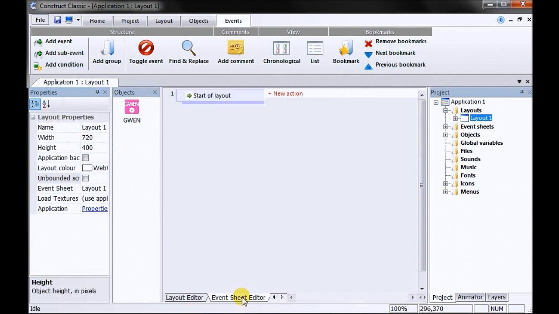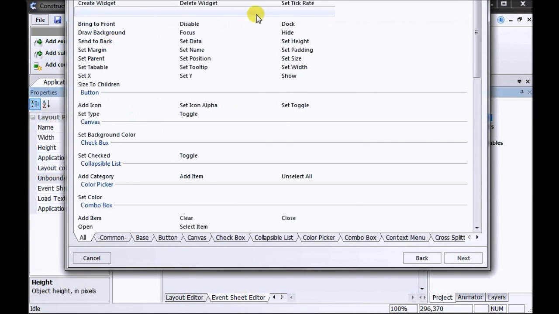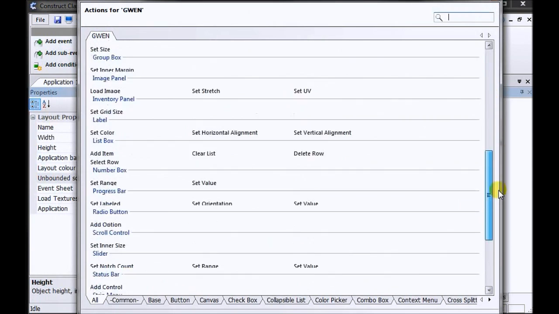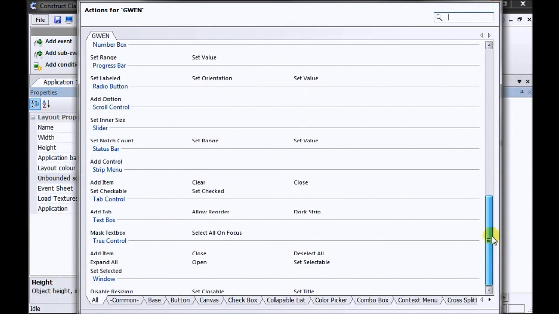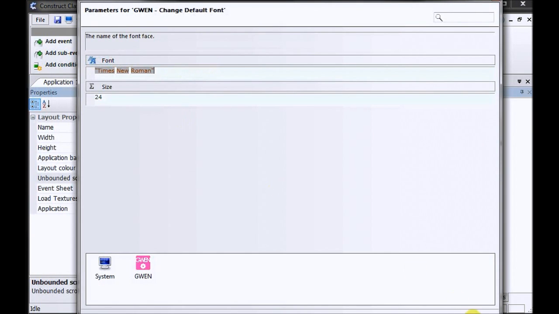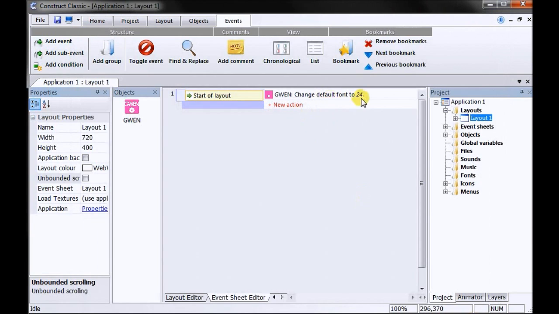Alright, now that it's set up to display properly, I'm going to go into the event sheet editor. At the start of the layout, as you can see, there's a ton of events in this plugin. We'll get to all of them later, but for now I just want to change the default font before I do anything, and I'm going to make it size 24 Times New Roman,